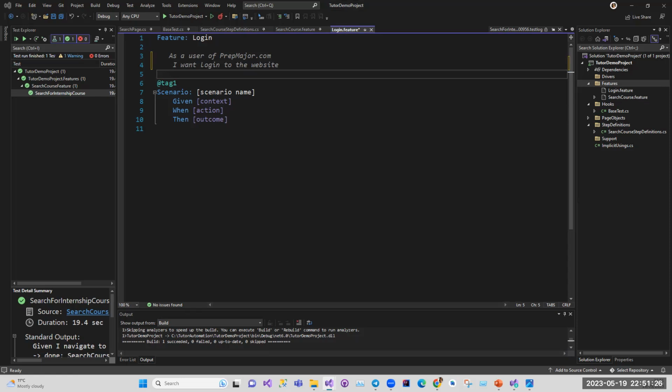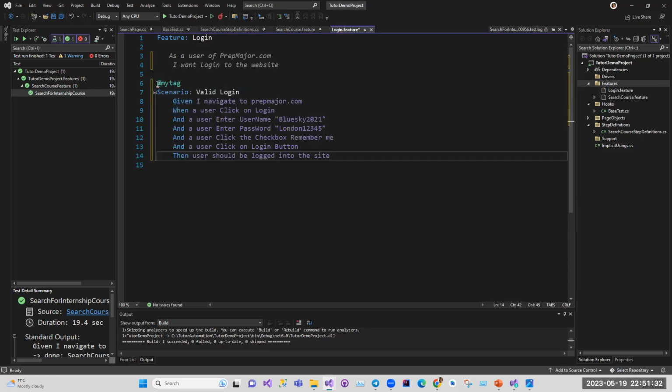So what I'll do is just to copy what I saved in my notepad. This is my account on Prep Major. My add tag here, I can put anything. You can add your user story number as the tag, which is fine. What I'm doing here is just a valid login. I'm saying that given I navigate to the Prep Major website,